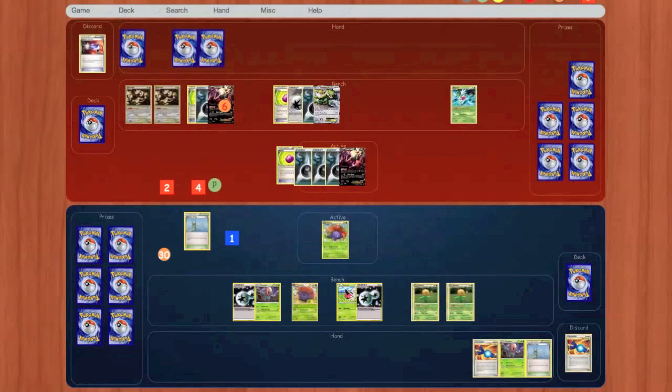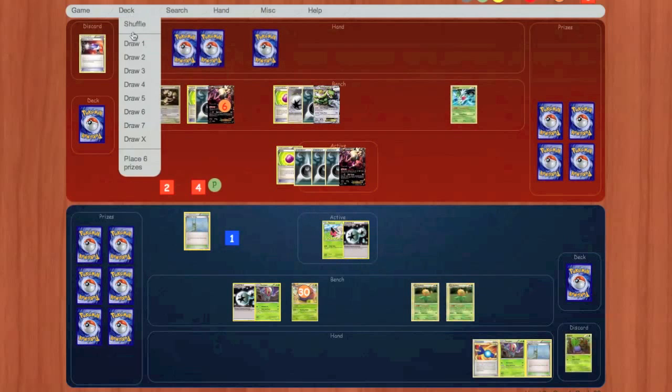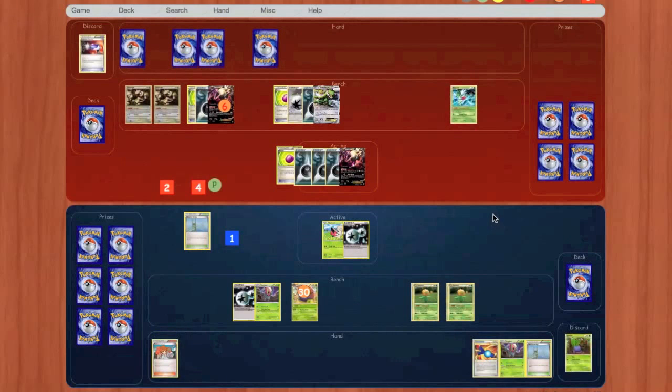He also puts a DCE onto his Tornadus EX, so you know he's got two of his main attacking force ready and prepared. But you know things were looking pretty bleak, but now at least I've got 2 decking covers. It's all about what I draw into. So we draw into a Juniper. So we're going to evolve our